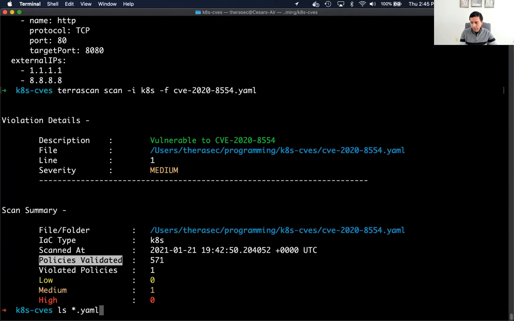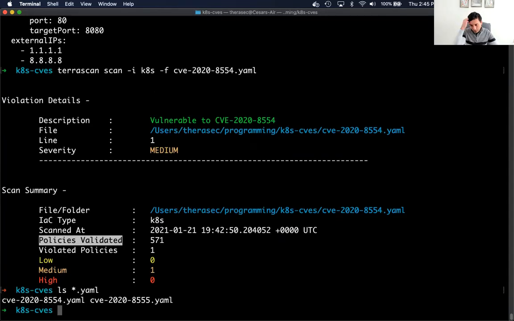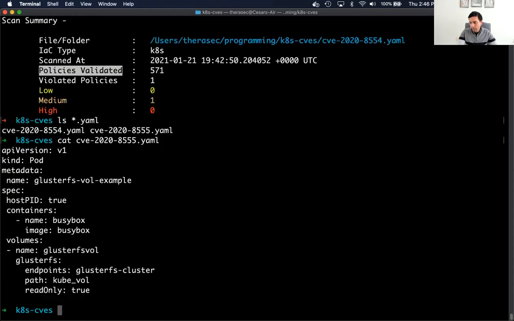So let me go back. These are the two YAML files that I have here. Let me cat the CVE-2020-8554.yaml. And this is where we're using the cluster-fs volume type, which is one of the affected volumes. So now if we use Terrascan to scan this,